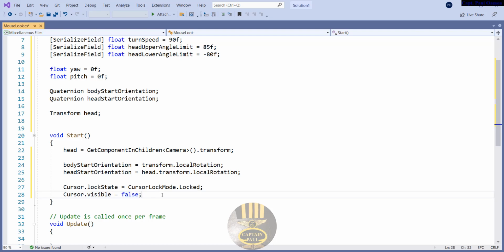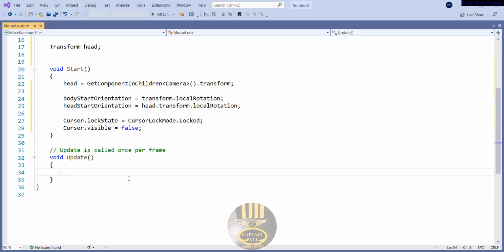Now the next thing we want to do, every time the physics updates, we actually want it to update our movement. Okay, so in this case I'm going to use FixedUpdate to keep pace with the physically simulated object. So in here I'm just going to enter FixedUpdate. With the FixedUpdate entered,